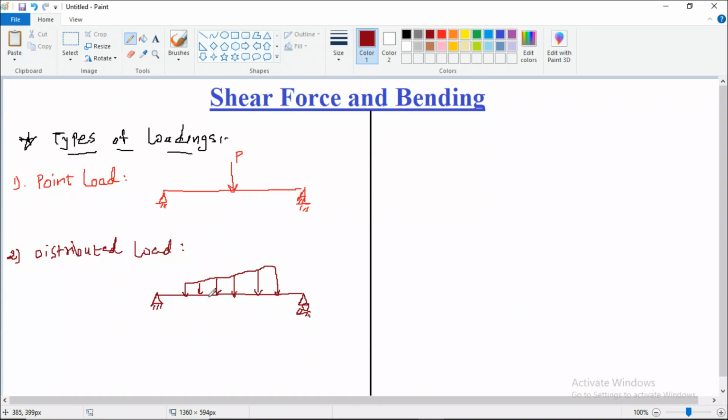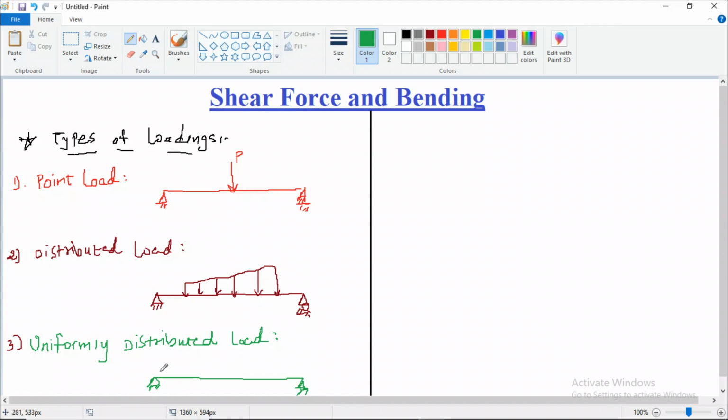Now in this distributed load, again we can divide into two parts, and we can have a uniformly distributed load. So that is the third type, which is, let us name it as uniformly distributed load. So how we can show this type of load in the figure is, let me have the same beam simply supported,